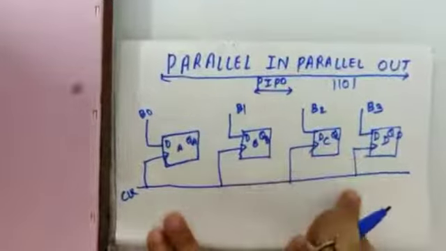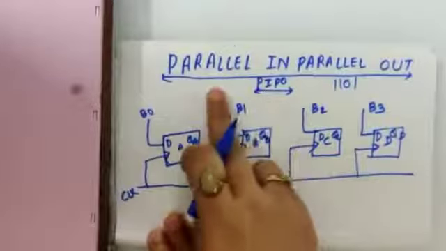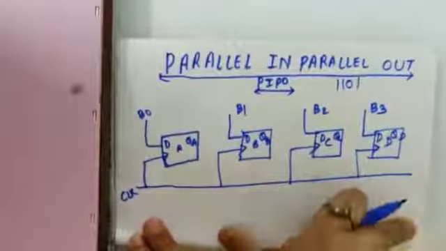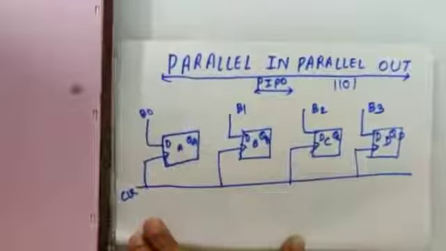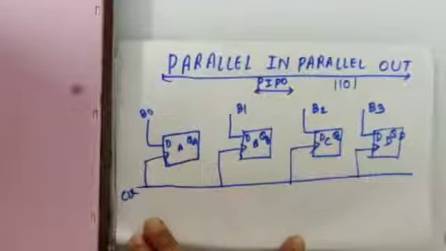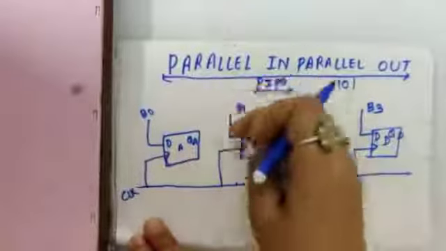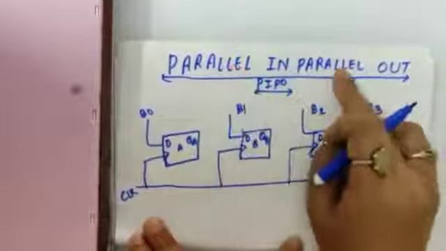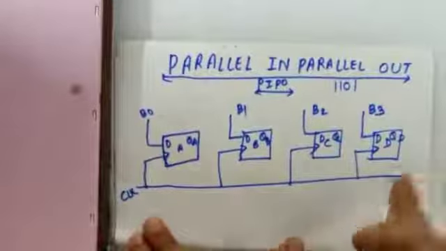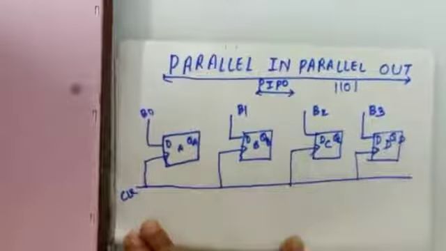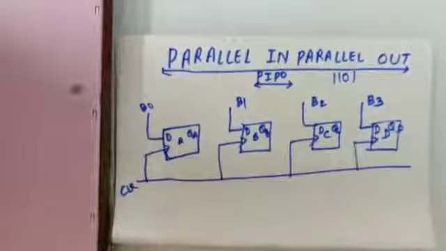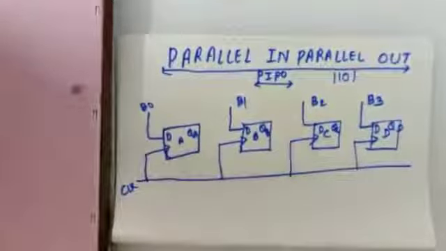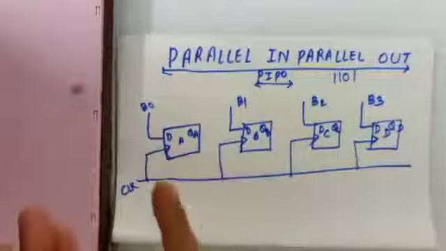Because in this case we are not supplying any interconnections, because we have to get the data out parallelly, not in a serial way. If you have to get the data out of the flip-flops one by one, then only you have to supply the interconnection. But here we have to get the data in a parallel way and get the data out in a parallel way. So each flip-flop will be independent from each other. They are just connected by a single clock. That's it. Otherwise QB is not dependent on QA in any way,